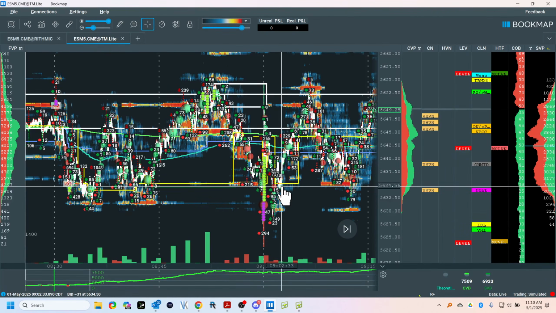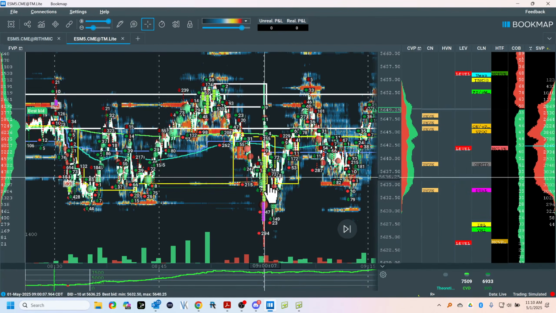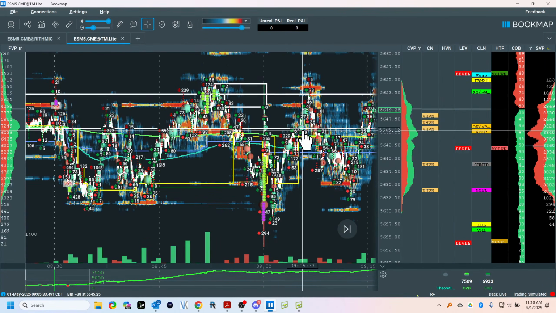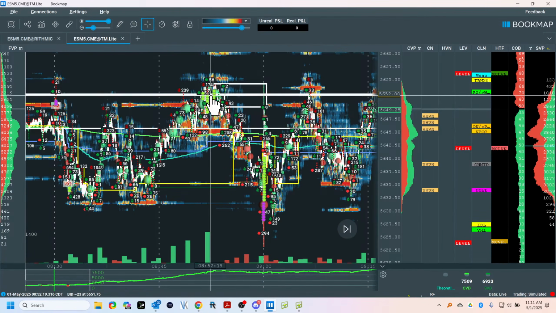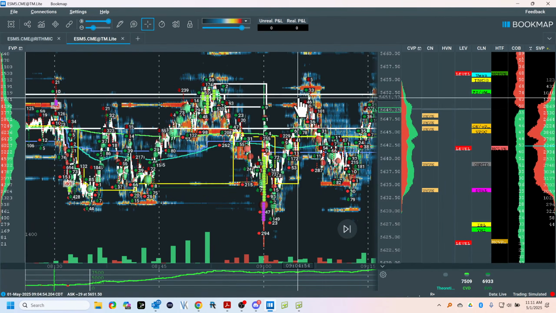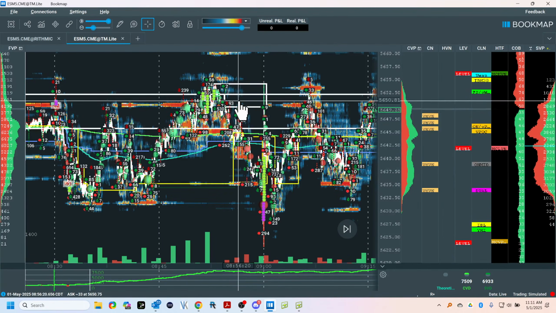And now this is our area of support, right? After the report. If I come back across, where was the sellers? Here. So this is a VPOC or a high volume node. Think of it like shopping. Retail is high volume. If that retail price is too high at the moment, remember, this is all happening in multiple time frames or fractals, then you're going back to the store and you're going, why did these guys leave the store? Well, the price at the moment is too high.